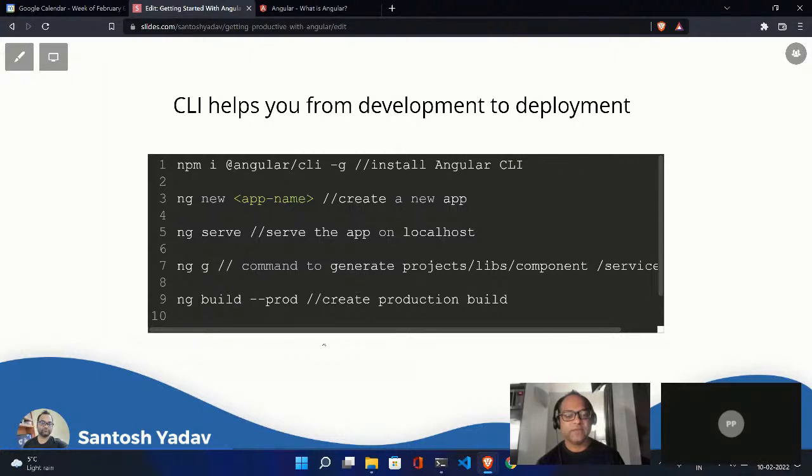This hyphen prod option will be removed, not the ng build. Ng build will stay. Only the option, they have renamed the option. So it will create the production build for you. And you can take this copy once, or you can say the distributable files which will be created to any